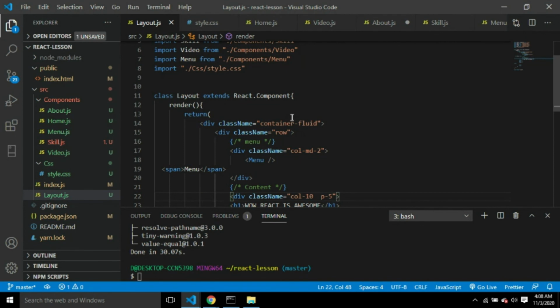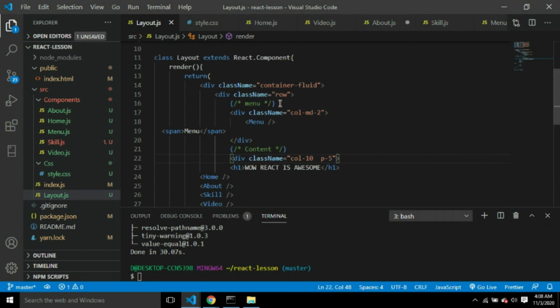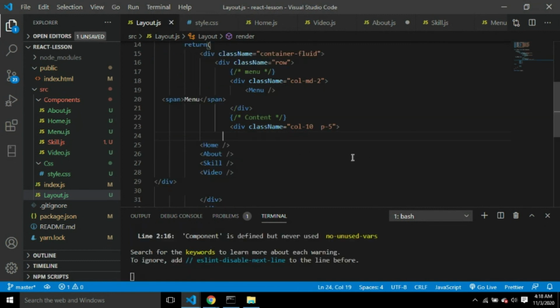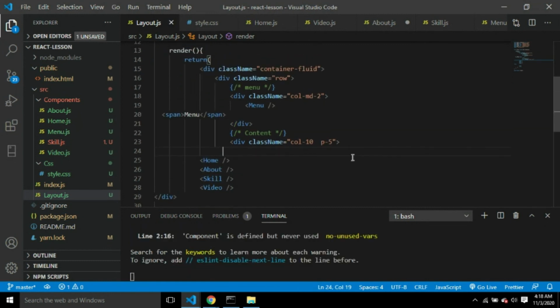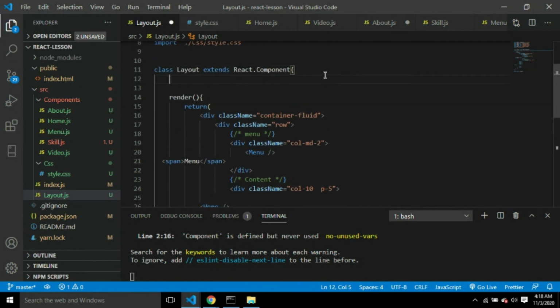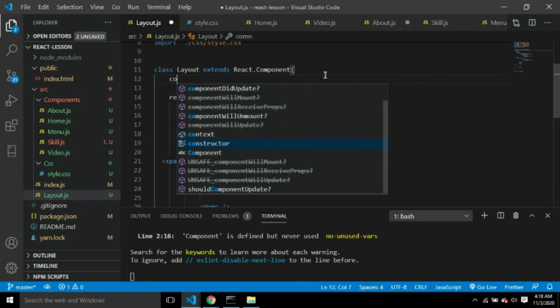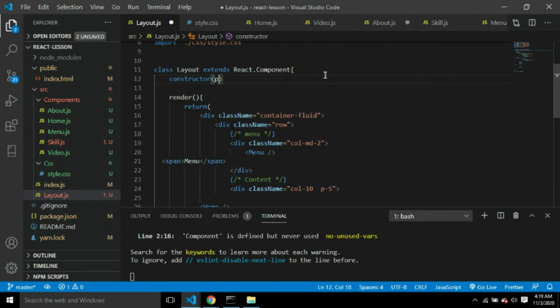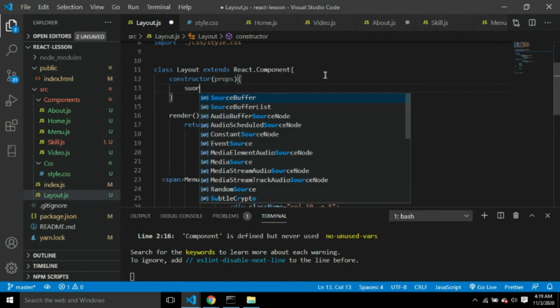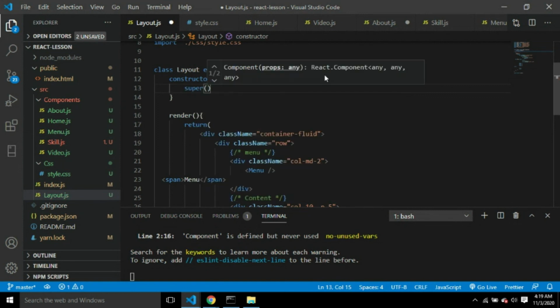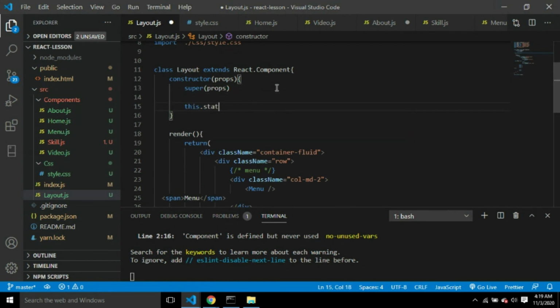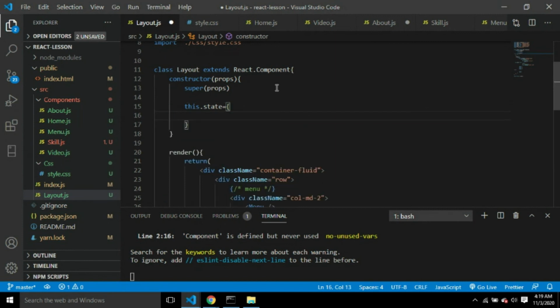So the layout.js. Okay, so this is it here. We can just do something like, let's make our work fancy. We can just create a constructor. I'm going to create a constructor, then we're going to set a parameter of props. Then we have the super to take the props parameter, and we can just say this.state equals, let's say